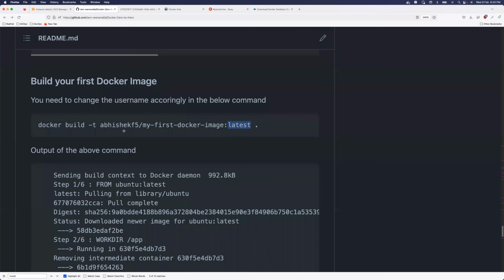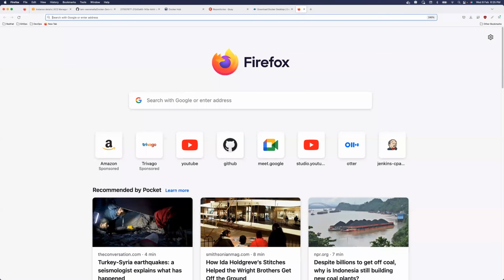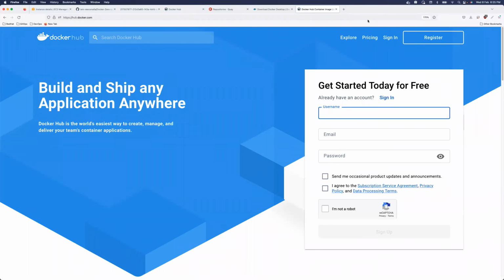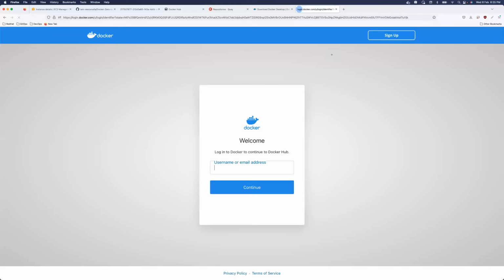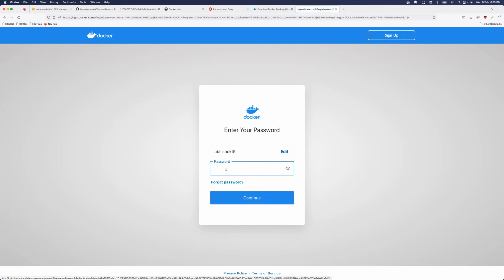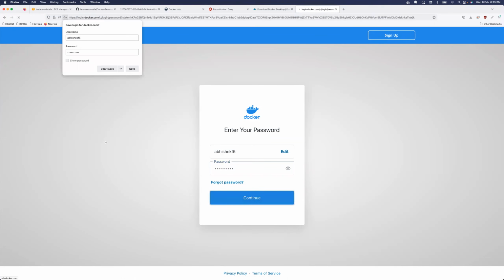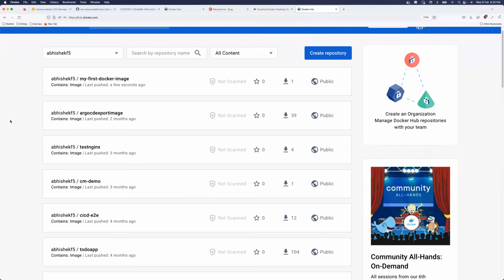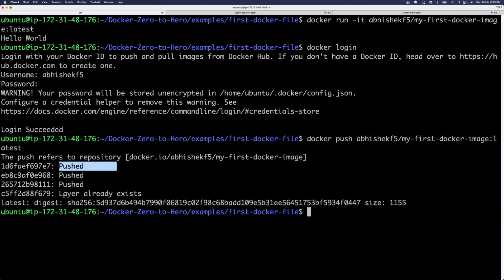Okay, let me log into Docker Hub meanwhile to show you. So this is Docker Hub. Let us click on sign in. I'll use the same user ID and password that I used there. This is my user, and continue. Okay, so I used the password as well. Now I'm logged into my Docker Hub. I have a bunch of images, don't worry about it. Let us see what is going to happen.